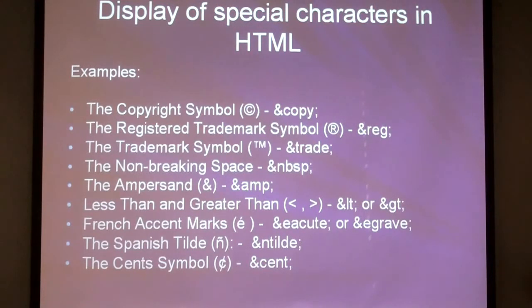So we have the following examples with the nicknames. We have the copyright symbol, which is code 169. We have the registered trademark, ampersand reg semicolon, the trademark symbol, and the non-breaking space, NBSP, which we can use for providing multiple spaces. We can have ampersand, which is a reserved character, but we can say ampersand amp,